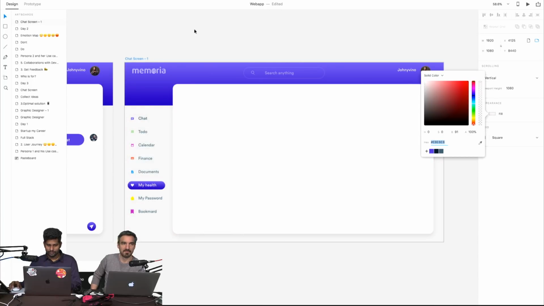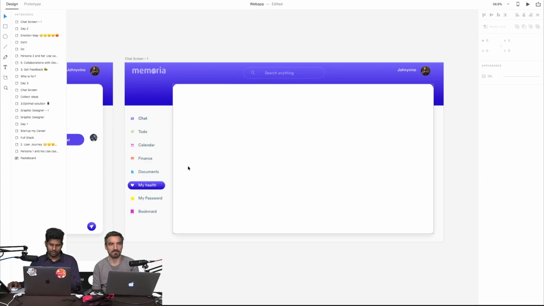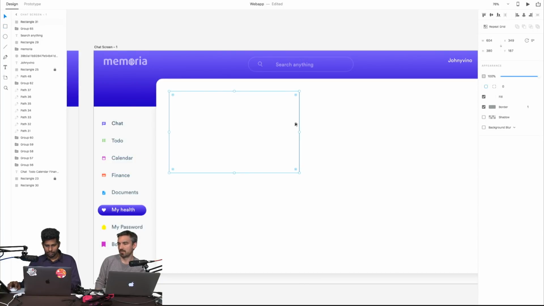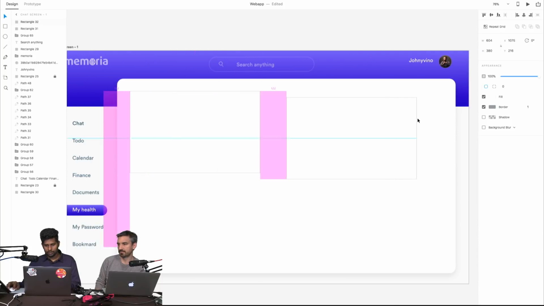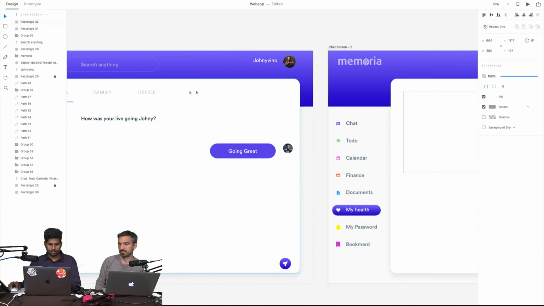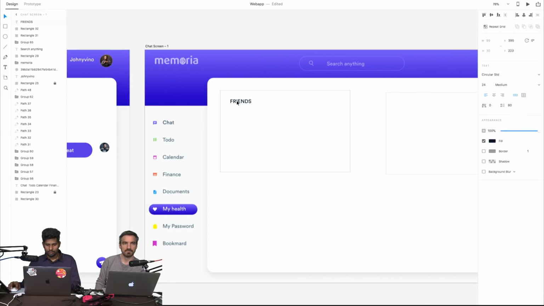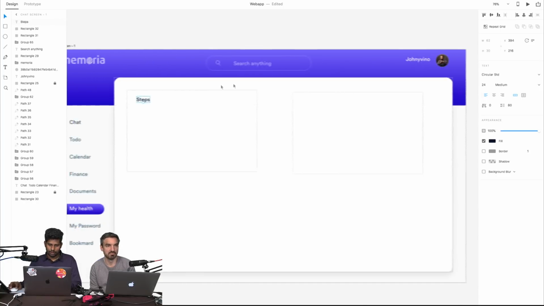Okay, great. Now what other things will come on health? You can track the number of walking steps. Yeah, number of steps. We can make the card structure connected. We can copy the text style from here so that we don't make a new text file. Number of steps, maybe steps. What are the other things we need?